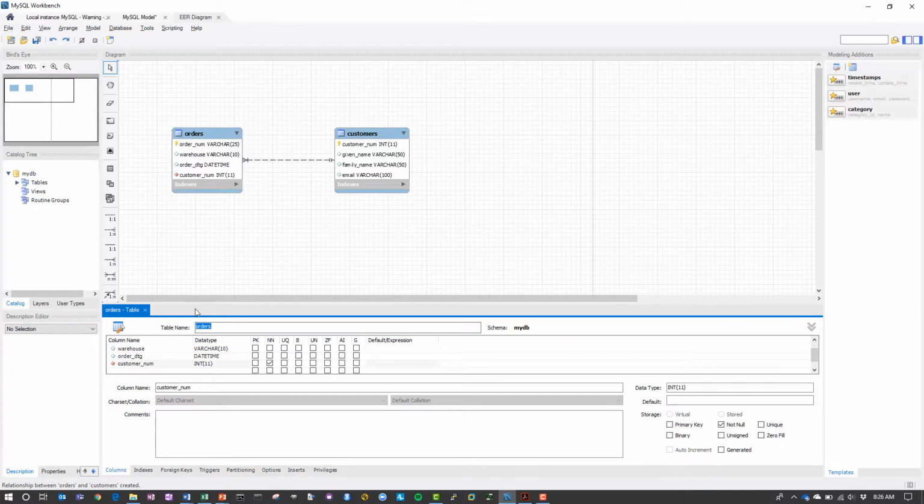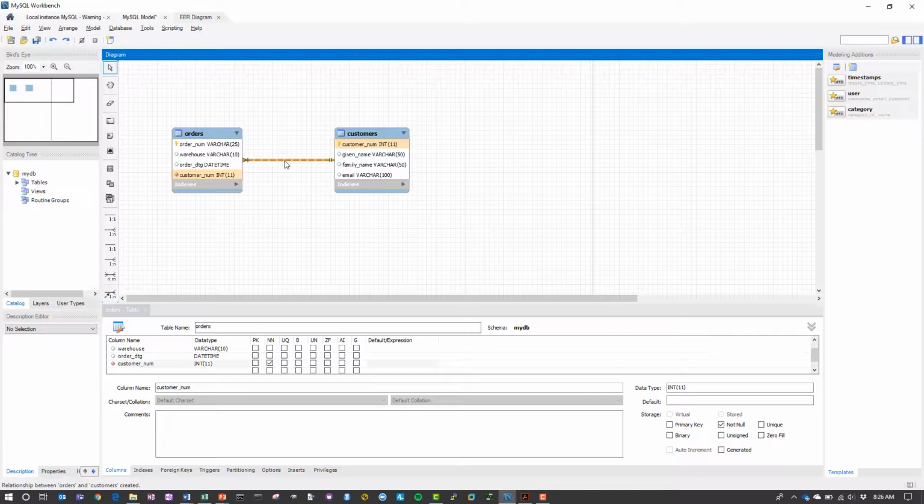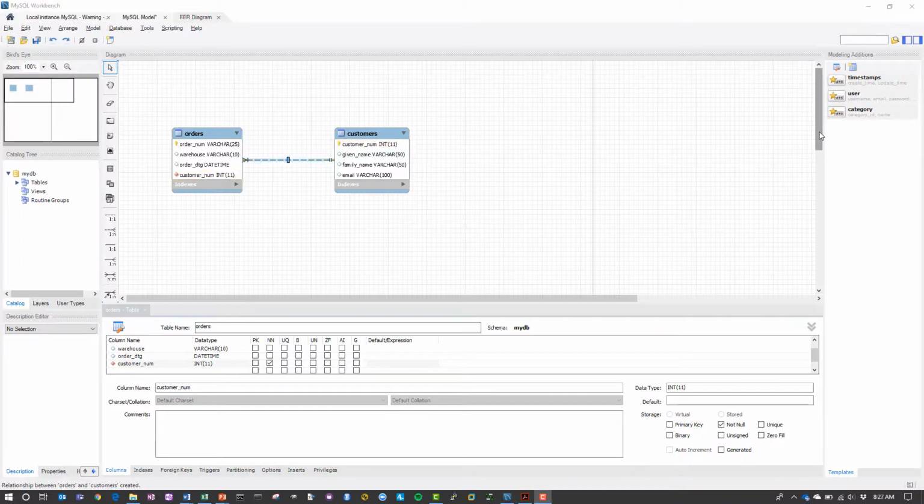I'd rather just have the field name itself so that I can use that in a join statement. And so you can now see that we have the order table, the customer table, and then that non-identifying one-to-n relationship between customers and orders. Next step,